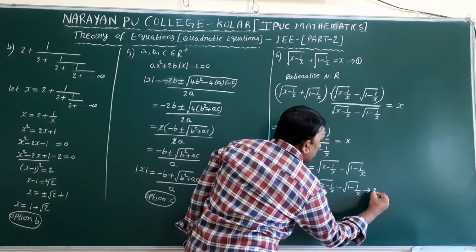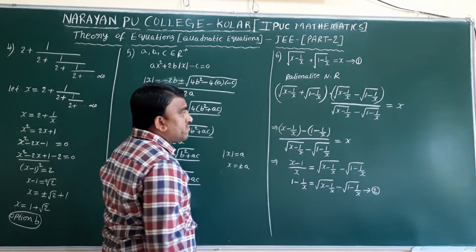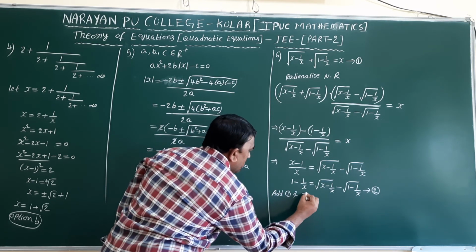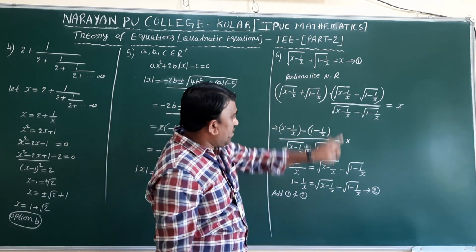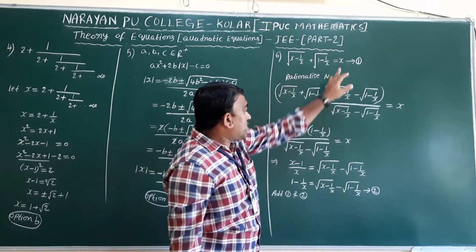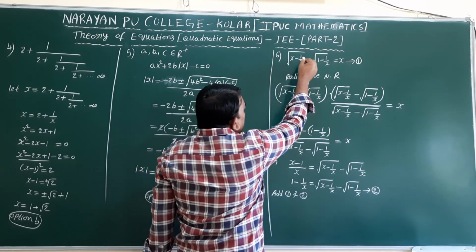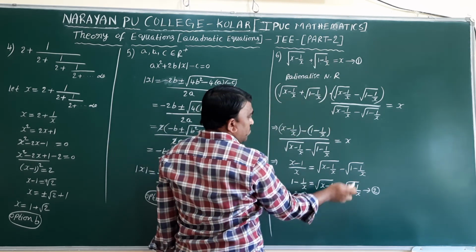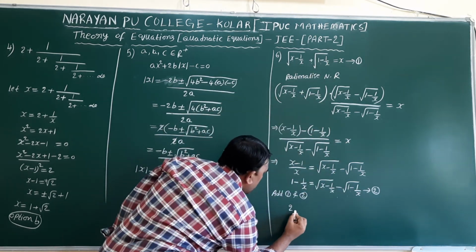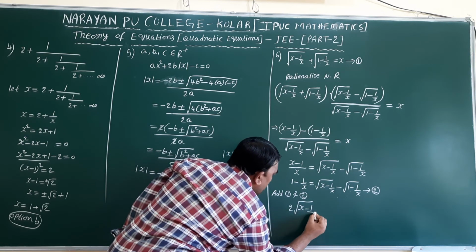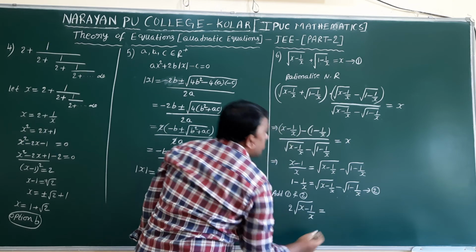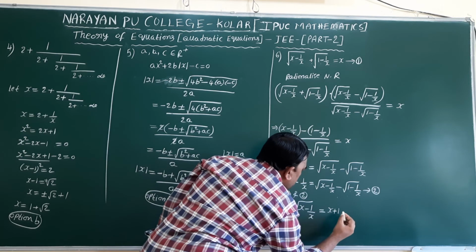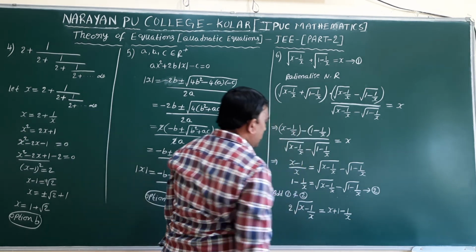Take equation number 2. Add 1 and 2. If you observe these two, add one side and the other side. Here root x minus 1 by x plus root 1 minus 1 by x plus this term, this term and 1 minus 1 by x, both terms get cancelled. So 2 into root over x minus 1 by x is equal to, add these two values, x minus 1, sorry, plus 1 minus 1 by x.